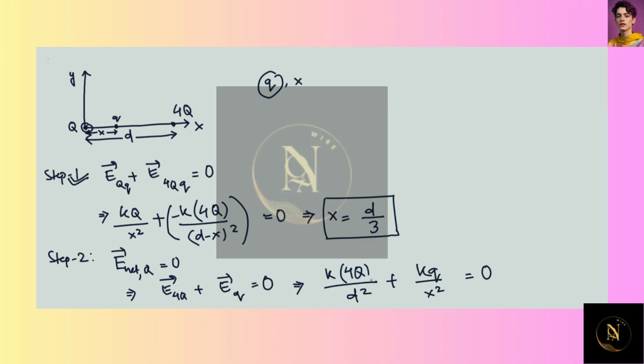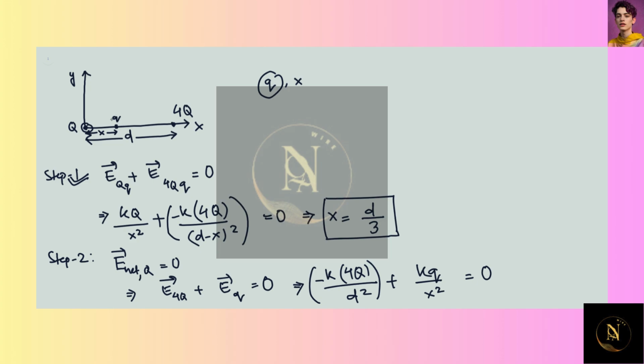But we forgot about the signs, so let's consider that as well. At capital Q, since 4Q is positive, the electric field is away from 4Q, so it points in the negative x-axis. So negative here,